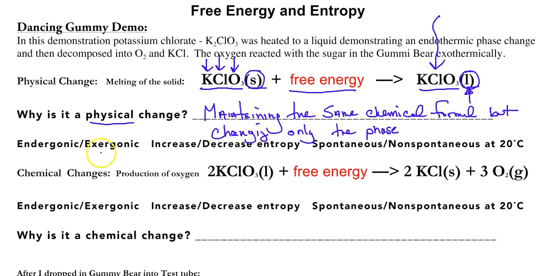So is it endergonic or exergonic? Well, the thing that I know is that if there's free energy in the reactant side, now what is the reactant side? Well, the reactant side is the side of the reaction, the process that's in front of the arrow. Think of the arrow as direction. We start with these reactants and we produce something called products, and there's a direction that tells us. Okay, so we know that